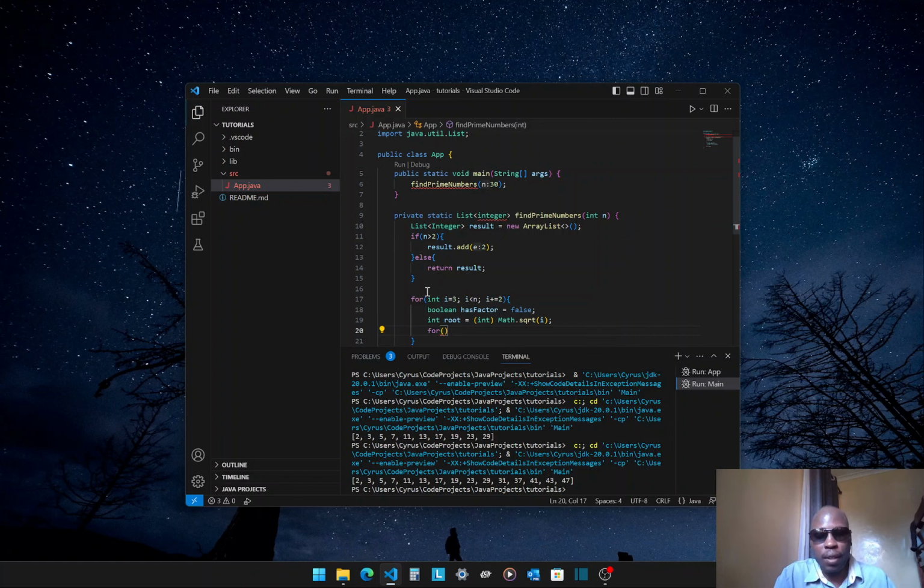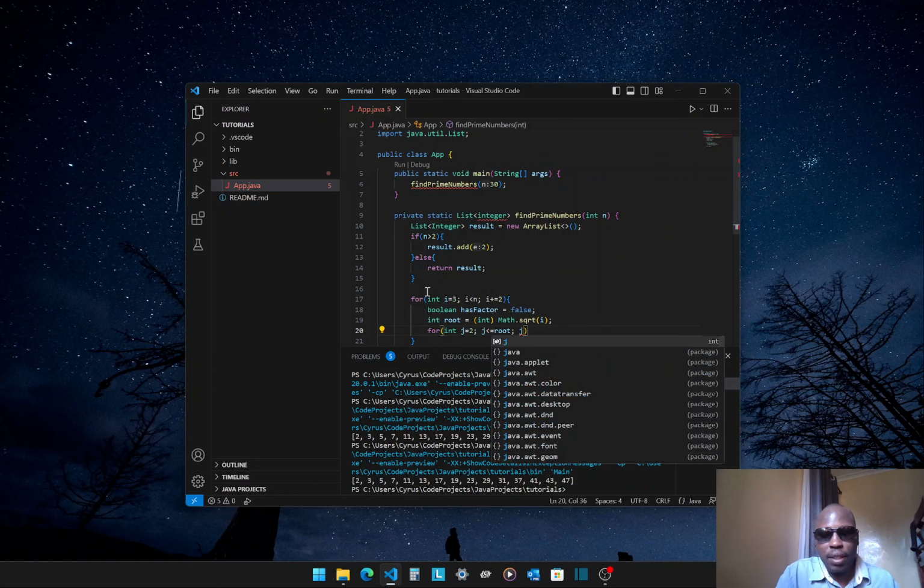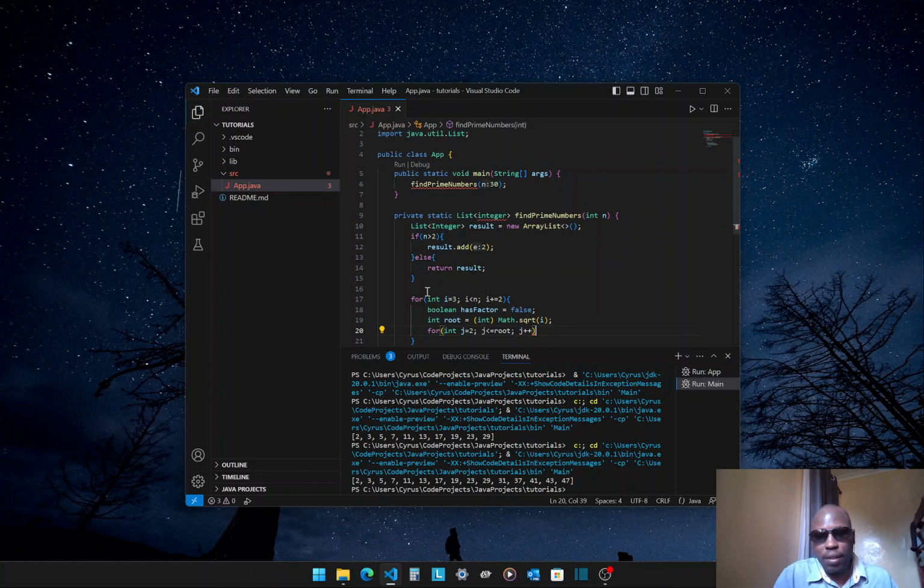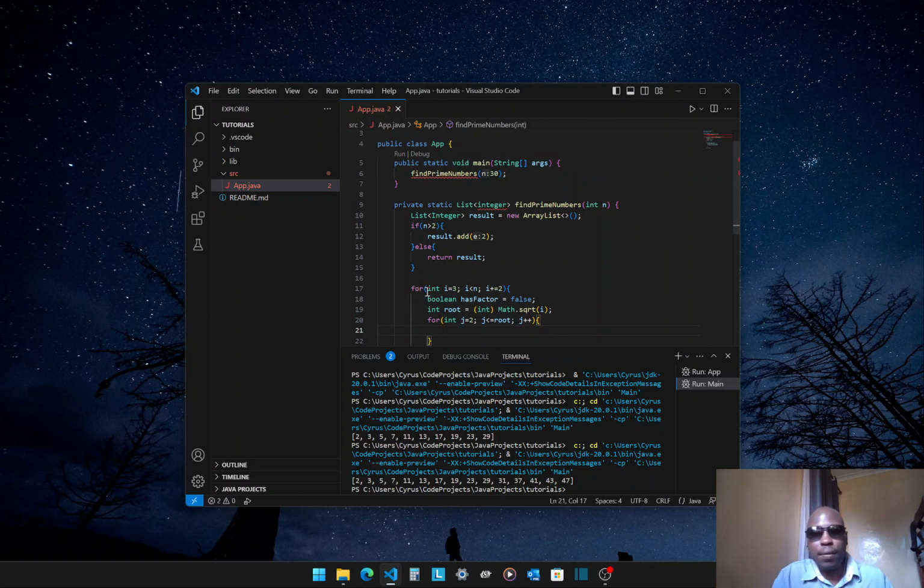Now for the factors, which we have said start from 2 but are obviously less than or equal to that root, like 49 for example. 49 I believe has only 7 by 7, so it is not a prime number. So now we are starting from 2,